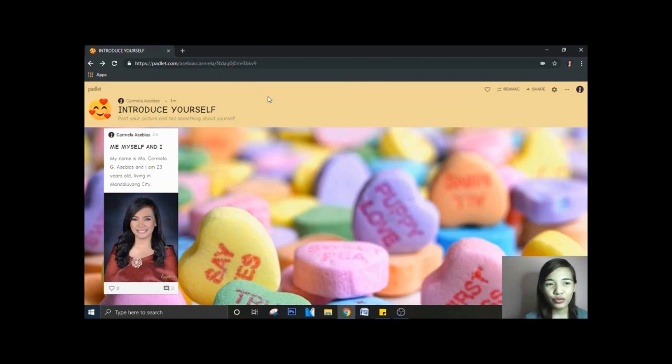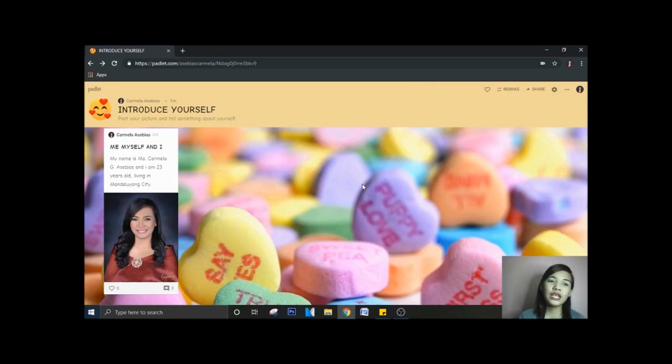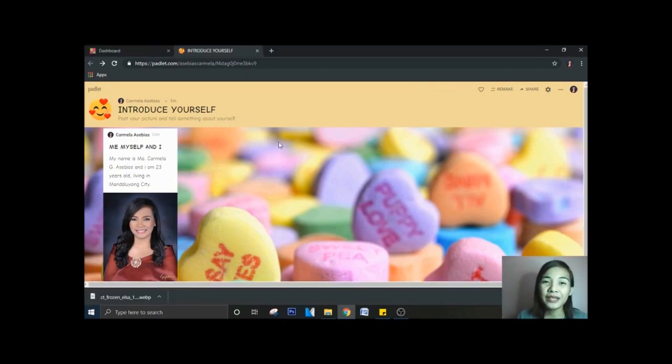But since this is a free account, free accounts can have only 3 bulletin boards. So we have already 1. So we are allowed to have 2 additional. You can see, just click your picture here. Stated here, 1 out of 3 Padlets used. So after making 3 bulletin boards, I can no longer create another bulletin board unless